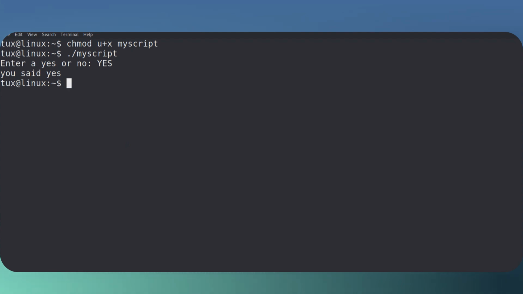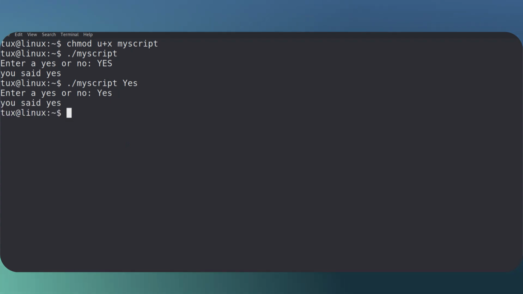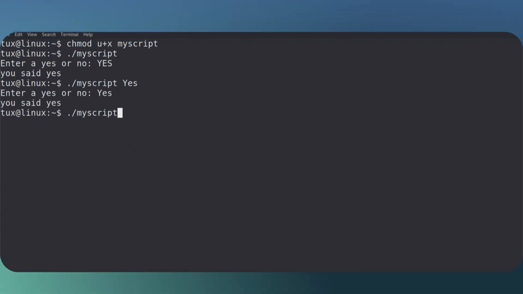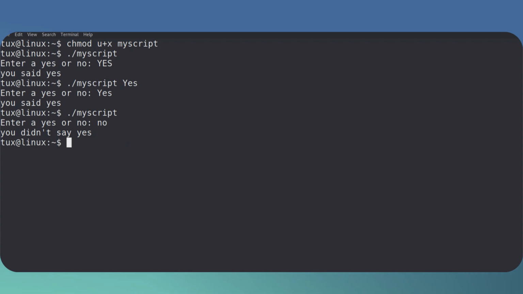Let's put uppercase yes. It comes back then that we said yes, but we know we were comparing to lowercase. Well, let's go through and run it again, and let's put yes. Oh, I've done it wrong there, haven't I? But it doesn't matter. It'll be just ignored, but let's put then our mixed case yes. That's still evaluated true. Let's then go through and then put something else. So we can go through and maybe put no, and we can say yes. Look at this. We didn't say yes.